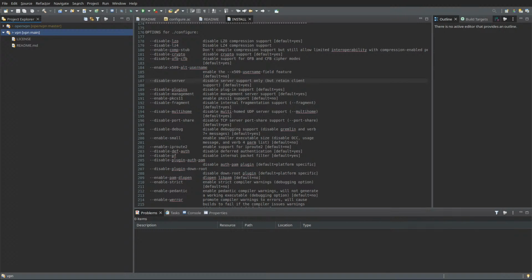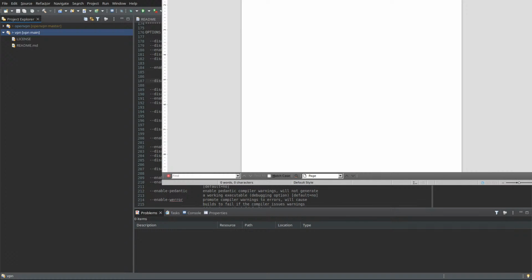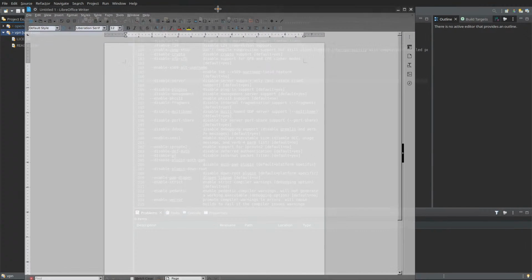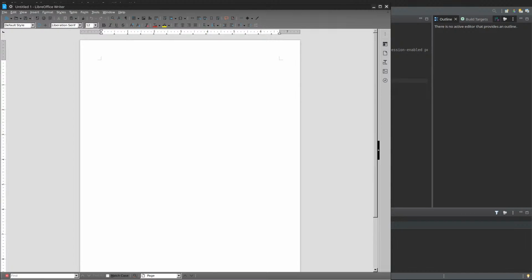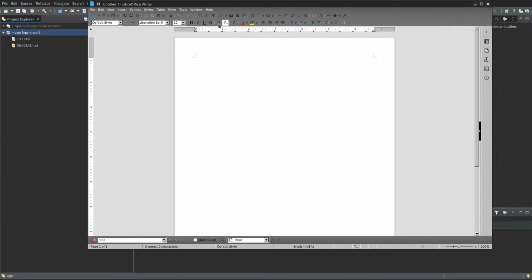Get VPN. So I need to open my OpenOffice Writer. Not something I use all that often. It looks so old school.